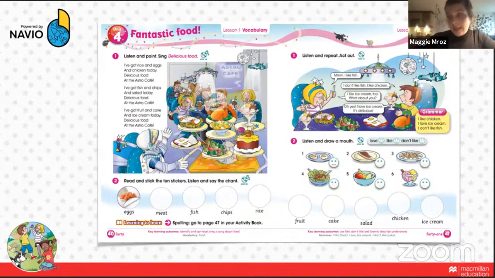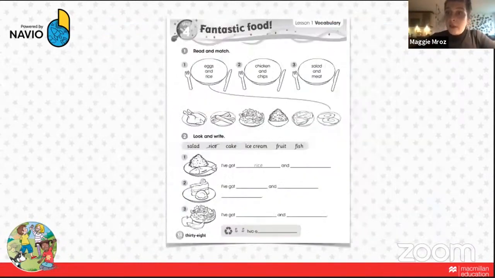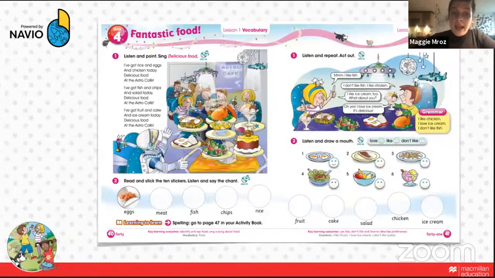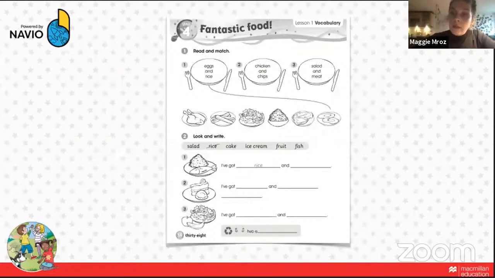And also the first thing I always do before teaching a lesson is I check what I have. So I already know that I have this page in my book, and also there is a big picture, and there's a lot of things we can do with it. But also there is the workbook. So I also know that I have some extra exercises. Everything is also available online. So I know that I can teach it in my classroom lesson, but also in my online classroom, online lesson,